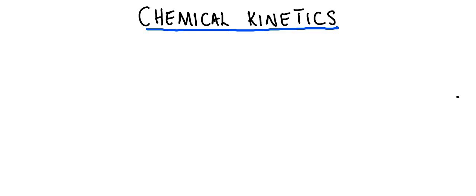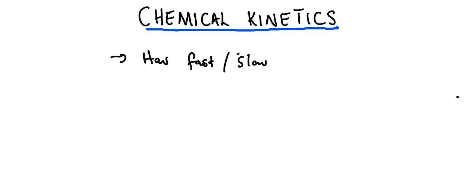Welcome to Chemical Kinetics, and in this topic we're simply going to be discussing the speed of chemical reactions. So chemical kinetics simply discusses how fast or how slow a chemical reaction is taking place, and this can be considered with regards to how fast the reactants are being used up or how fast the products are being